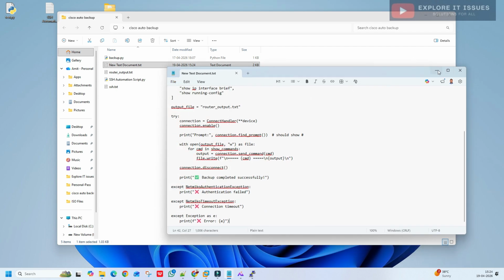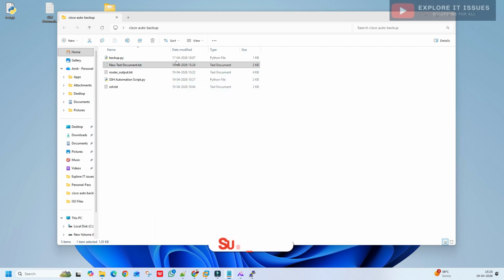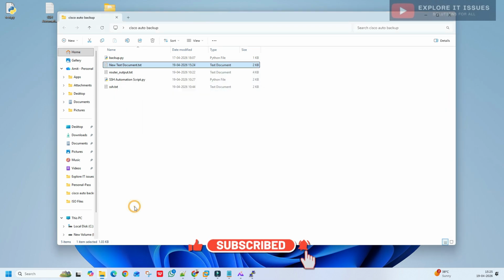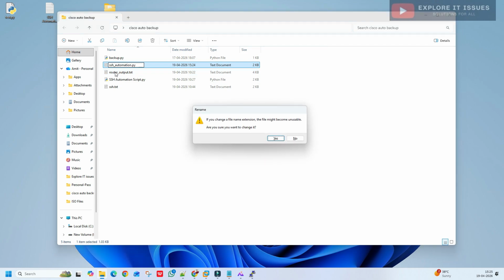Once we have saved this file, close it, right click on this file, rename it, and rename it ssh_automation.py. We added the .py extension because we are running this via Python, and .py is the extension of Python.